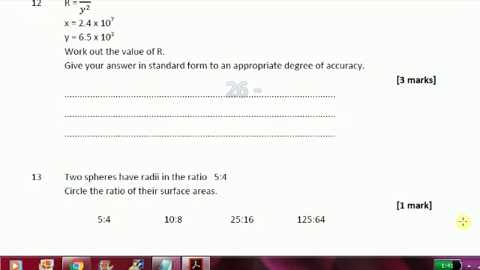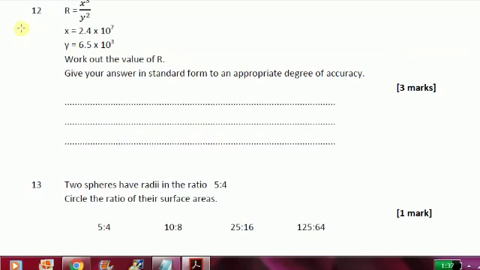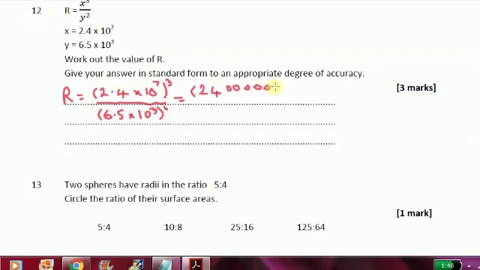Question 12. R equals x cubed over y squared. X is 2.4 times 10 to the 7. Y is 6.5 times 10 to the power 3. I'll write them down, and then I think I'll do it by working out 2.4 times 10 to the 7 in the long form by actually multiplying by 10 7 times. So I've moved the point 7 places, 1 to get 24, and then another 6 places, 1, 2, 3, 4, 5, 6. So that's the top one cubed divided by,